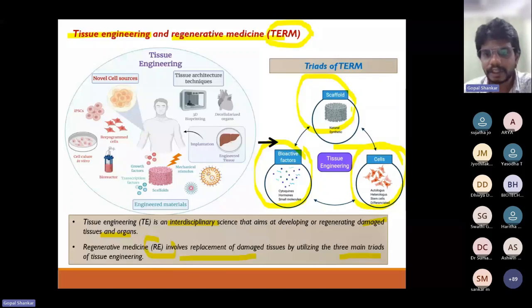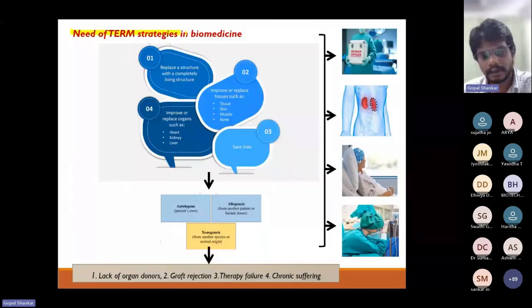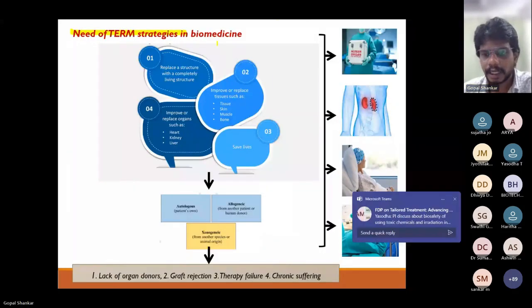So it is essential that you have all these three components synchronously combined together to produce a synergistic effect. Okay. So why do you need TERM? There are a lot of reasons for TERM, because